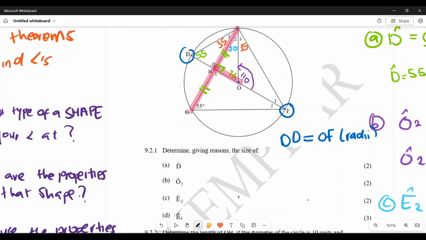And if my diameter is 10 centimeters, it simply means that both of these lines are going to be equals to 5 centimeters. So as a result, I know that, okay, the line from O to D, it's 5 centimeters. I also know that this line here is 5 centimeters,